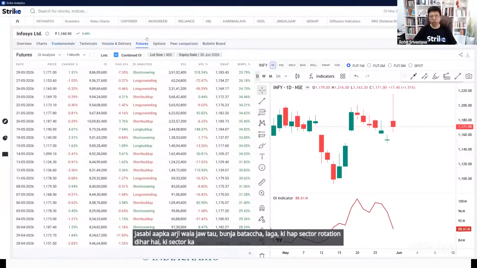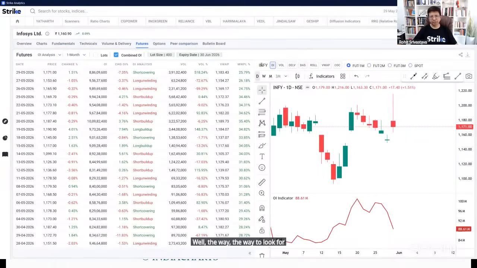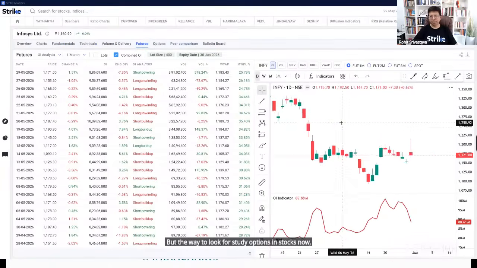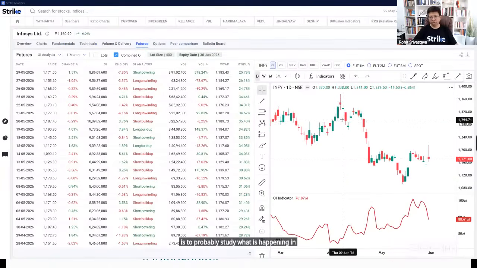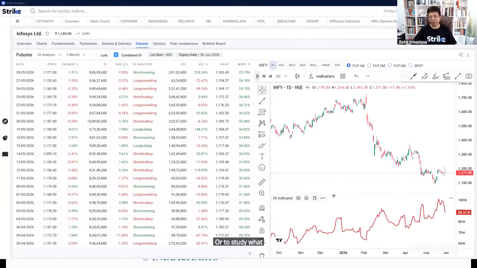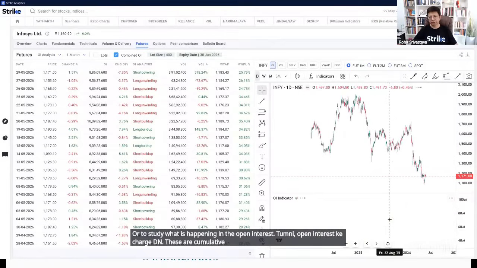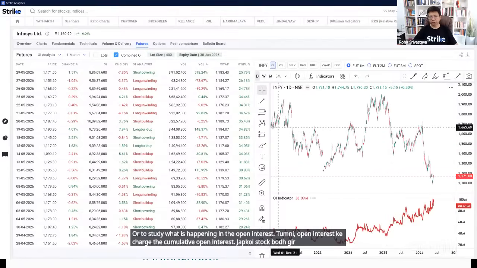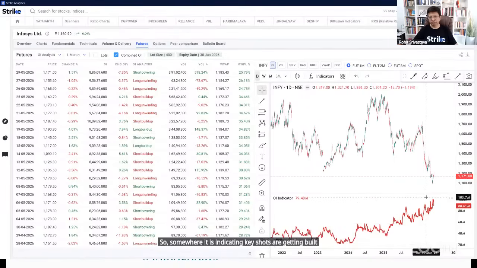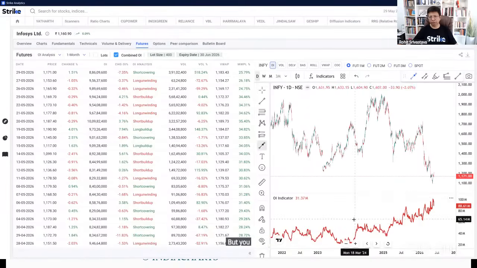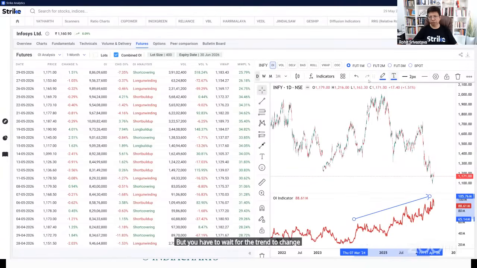The way to study options in stocks now is to probably study what is happening in different strikes or to study what is happening in the open interest. तो हमने यहाँ ओपन इंटरेस्ट के चार्ट्स दिए हैं, दीज आर क्यूमुलेटिव ओपन इंटरेस्ट। जब कोई स्टॉक बहुत गिर जाता है और उसका ओपन इंटरेस्ट बढ़ रहा है, तो समवेयर इट इज इंडिकेटिंग कि शॉर्ट्स आर गेटिंग बिल्ट अप, बट यू हैव टू वेट फॉर द ट्रेंड टू चेंज फॉर शॉर्ट कवरिंग टू स्टार्ट। ओके।